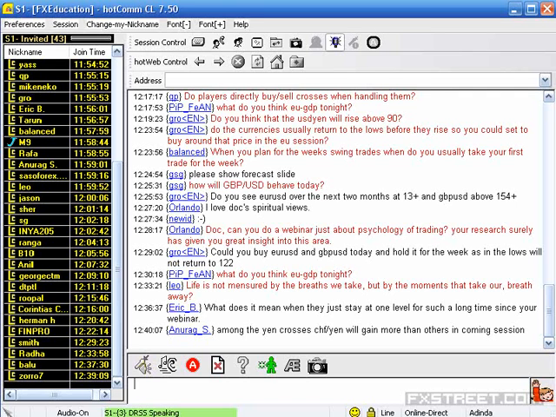Okay. Then what does it mean when they just stay at one level for such a long time while we were waiting? That means a nominal volume is seen in the market and the quotes have become blank. That means they don't find adequate volume from the traders, so obviously they do not want to simply do circular trades among themselves and they will try to hold it. Then you frequently find the quotes become blank.